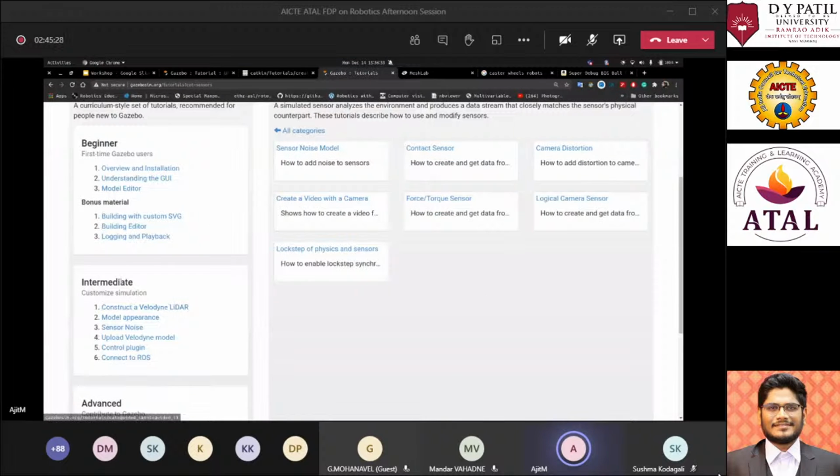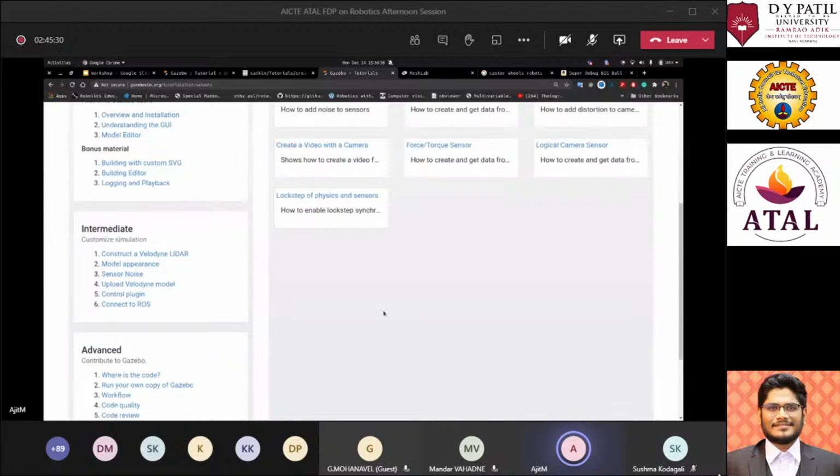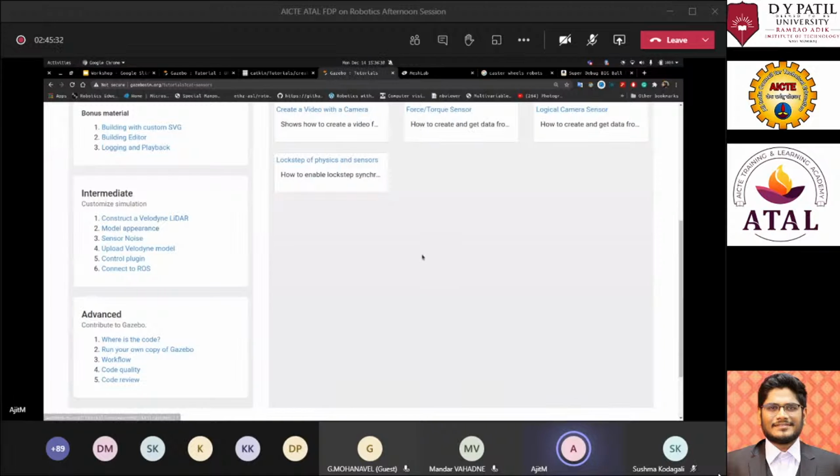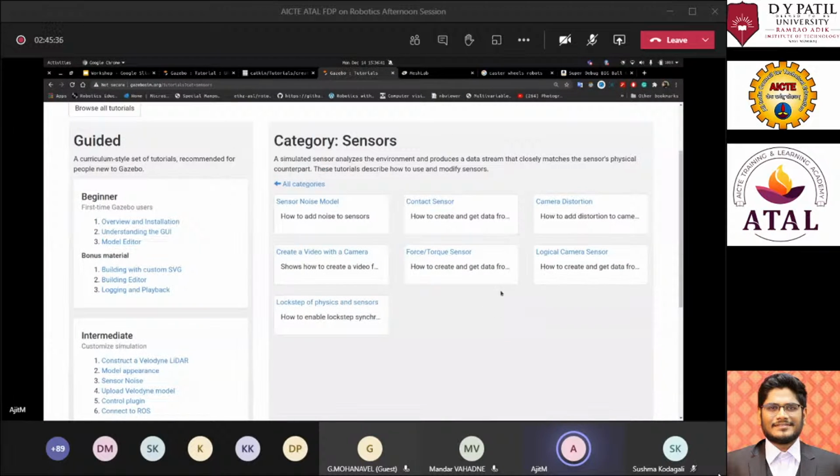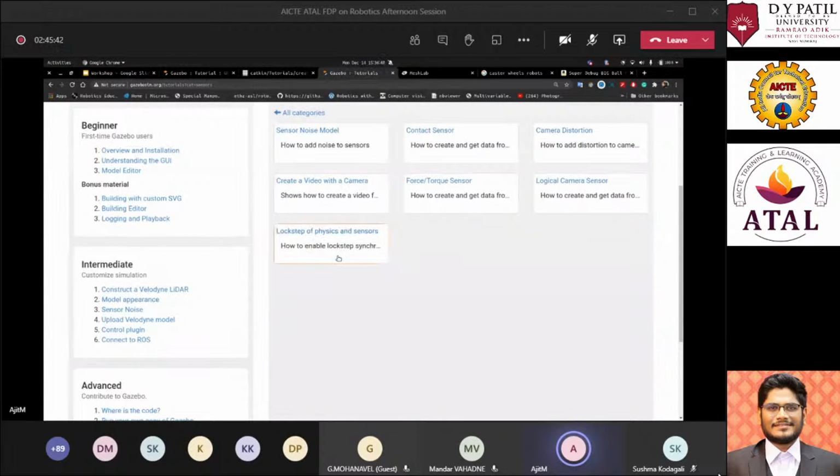You can use Velodyne lidars, cameras, Kinect. They have libraries for Kinect, Hokuyo lidars, cameras, everything. If you want to create a specific library for your specific sensor, you can also do that, and there are tutorials for that as well.